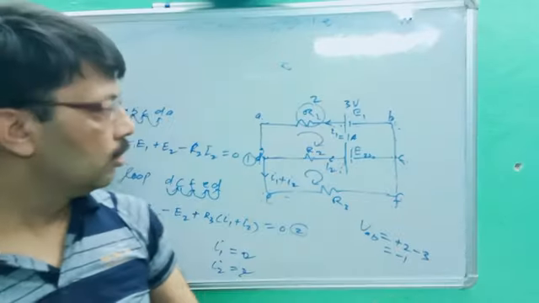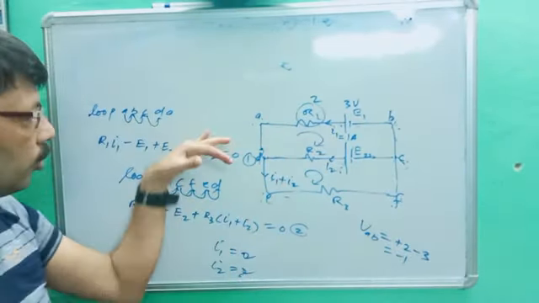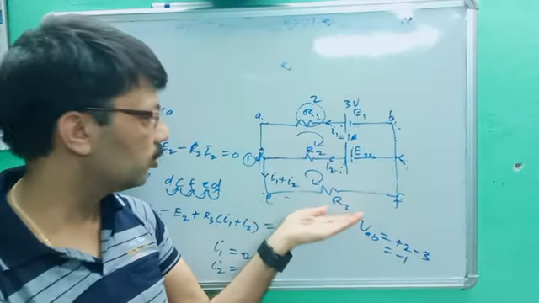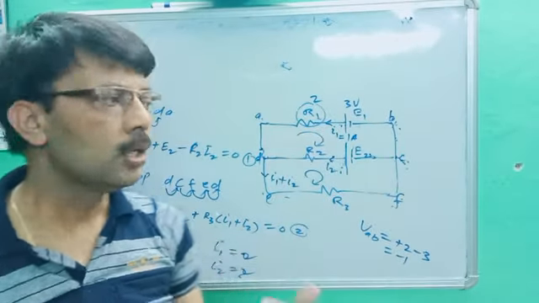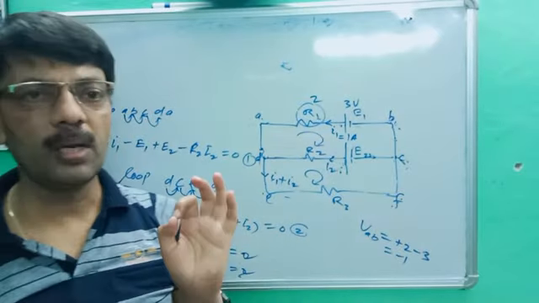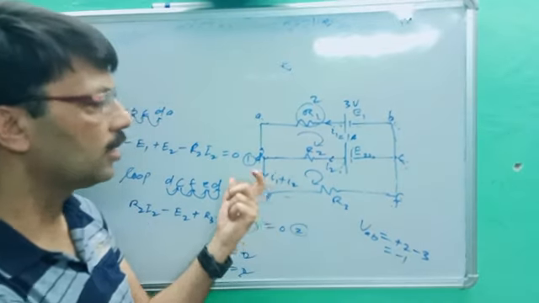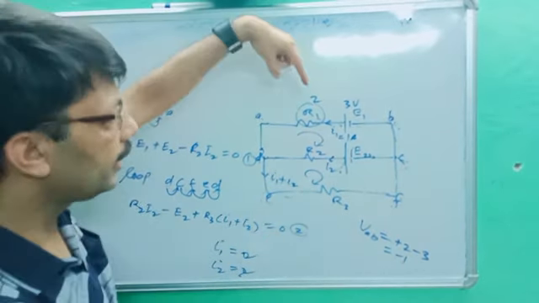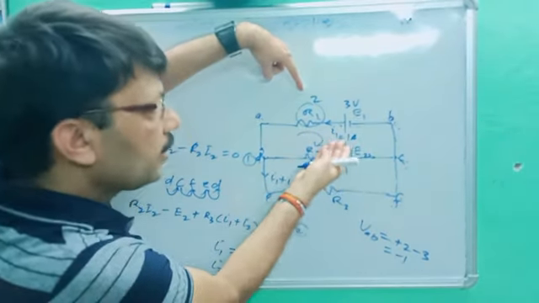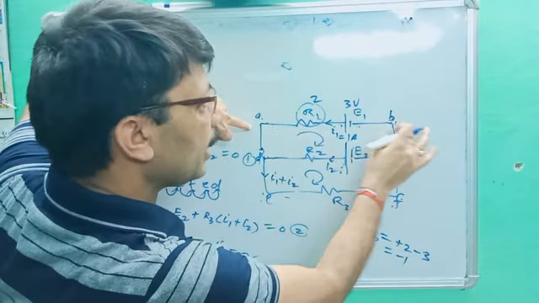Very easy way. By the help of Kirchhoff's law, you can find the current first. You will make two equations, or let us suppose a third current I3 is also drawn there. You have to make three equations and solve them. Anyhow, you will get the value of I1, I2, and I3. Once you get these, the next work is very easy. Current is known, resistance is known, and you are moving from A to B.